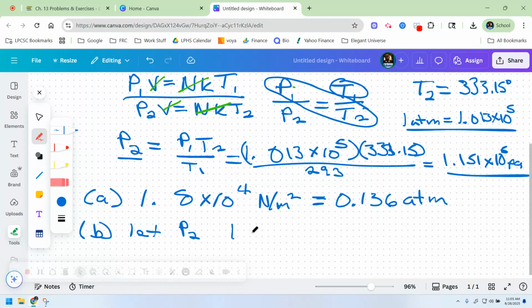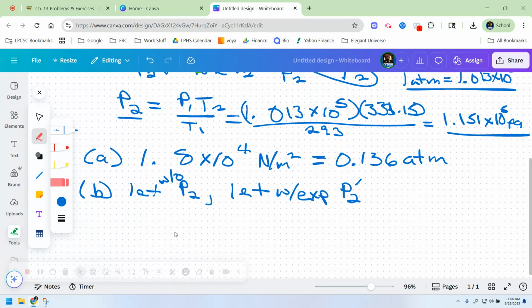We're going to let the final pressure without the bulb expansion be P2. And then with expansion, we'll call that P2 prime. So this is without expansion, and with expansion we'll let that be P2 prime. And then in that same vein, because we're going to have some way to separate these, T2